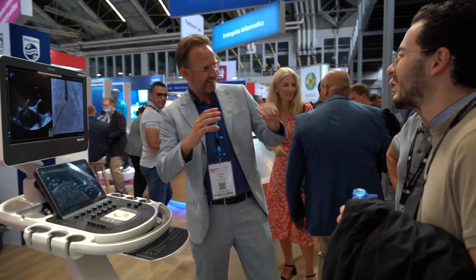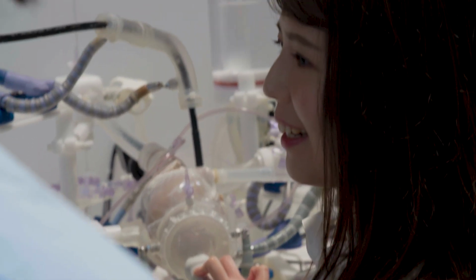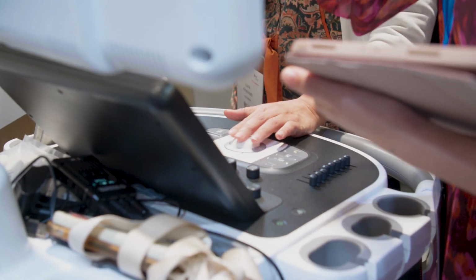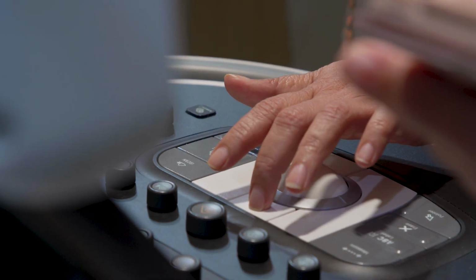So it's great to be here at ESC 2023 with an amazing energy all over the place. People are really enthusiastic about our products, about our technology, about how we can help them bring this technology to life in their clinical environment. And one key aspect to do that is to have them have their hands on our products,